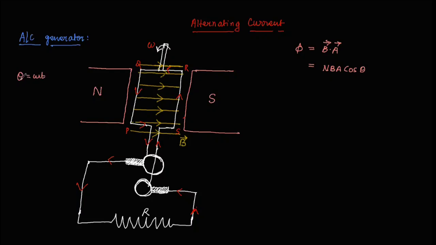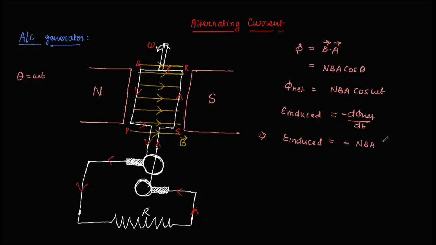Theta is equated to omega t, and hence we can write that the flux at any instant of time can be written as NBA cos omega t. अब अगर अपने EMF इंड्यूस का बात अगर अपने करें तो EMF इंड्यूस्ड इज कैलकुलेटेड एज माइनस ऑफ डी फाई बाई डी टी, और माइनस ऑफ डी फाई बाई डी टी अगर अपने करें तो वी विल राइट ओवर हियर माइनस एन बी ए, कॉस का डेरिवेटिव आएगा माइनस साइन ओमेगा टी, and the value of EMF induced can be written as